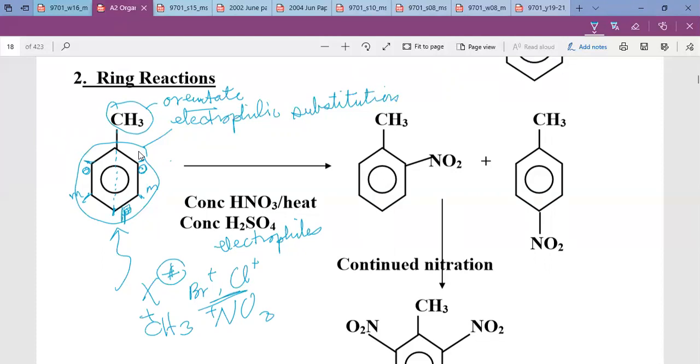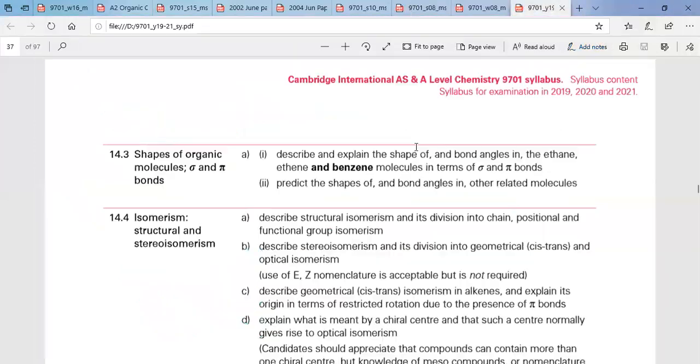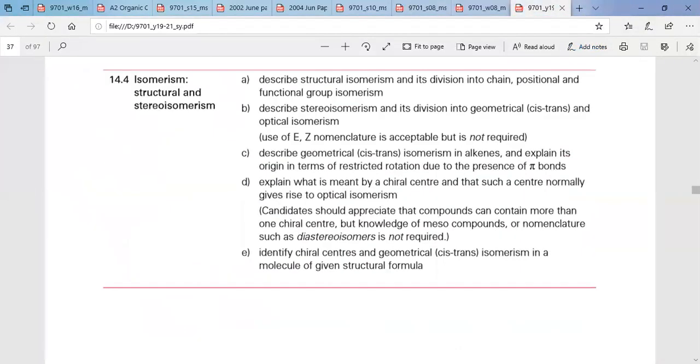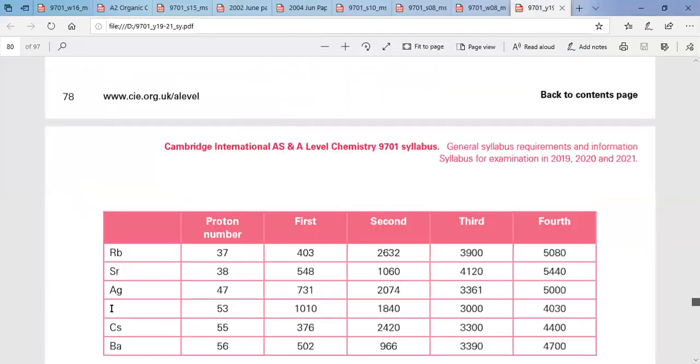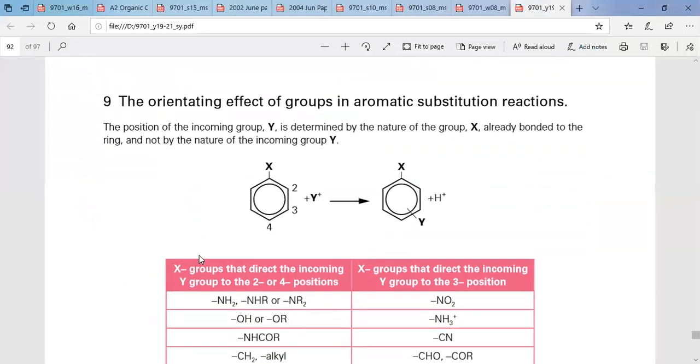Now, if you look at your data booklet, I'm going to show you your data booklet here. In number 9, they actually give you the orientating effects of aromatic substitution reaction. Now the position,